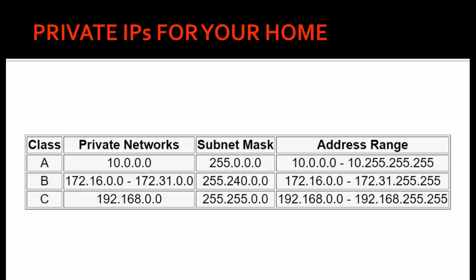So now that we have the basic understanding of networking, we know that Oracle RAC uses two networks. One is the public network, another one is the private network. Of course, at home, any network series that you use, 192 or 10, is private to your home. But just to set up a RAC at home, we will assume that the 192.168 series is our public series and 10.10 is our private series. So we will be using these two series to assign IP addresses for our RAC nodes. Now that we understand the subnet mask, it will be easy for you to assign IP addresses.